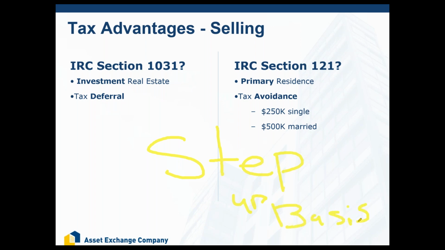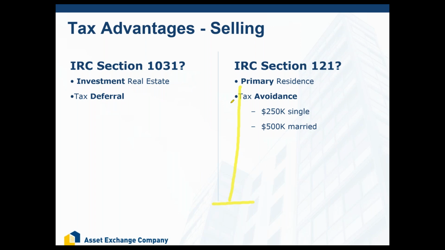So in the advanced class today, what we've talked about already is how to calculate your basis. Do you remember that slide? If you've got a low basis and a high sale price, you've got a lot of gain. But guess what? When I kick the bucket, my kids are going to inherit the property and the basis steps up to fair market value. So if my basis is $100,000 and the property is worth $10 million, I've got a ton of gain.